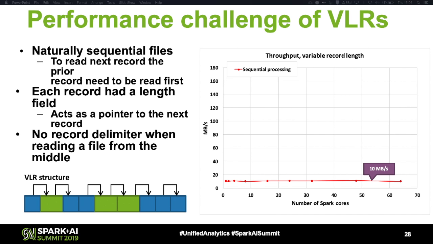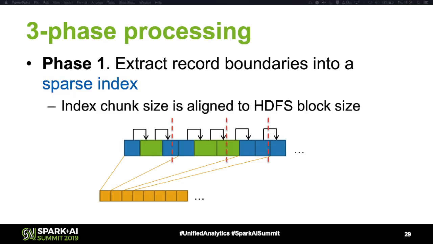And you may wonder, if there are millions of such files, that's no problem. Spark can parallelize those files for you. But usually, like in our use cases, we have just one very, very big file of 600 gigabytes. So it's no good to process it sequentially. So what can we do? To solve this problem, we used what we called three-phase processing. At the first stage, we read quickly through the file without parsing data, just getting headers and locations for each record, and we construct a sparse index.